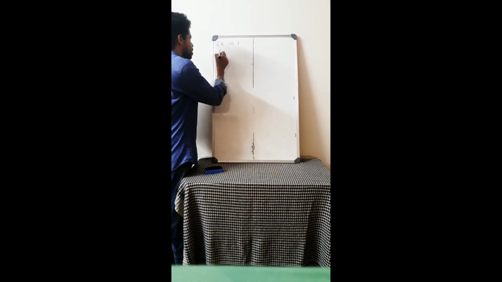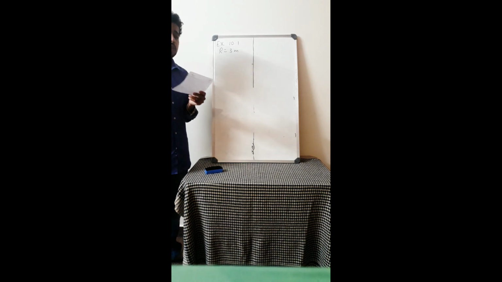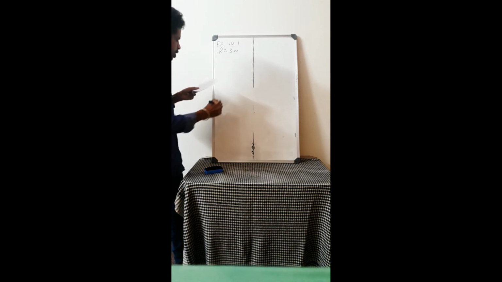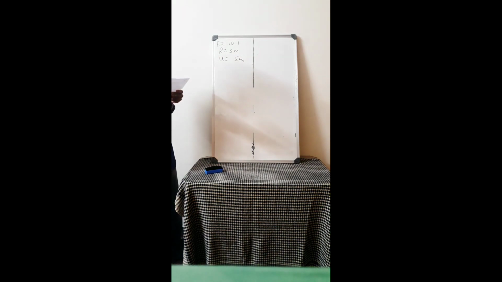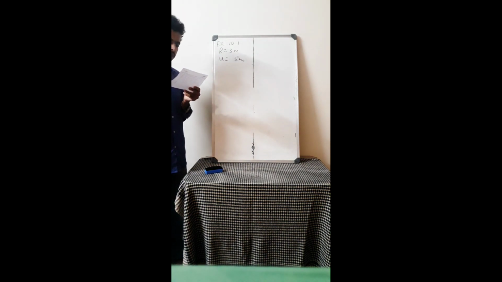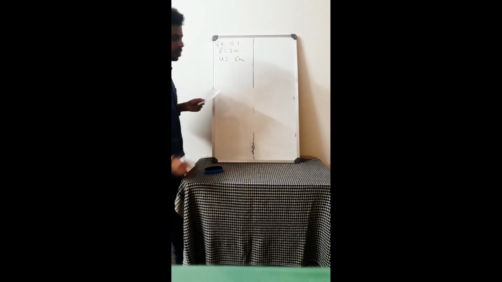So radius of curvature is given, that is 3 meter. If a bus is located at 5 meter, so bus here is the object. So this is the object distance. Bus is located at 5 meter. I am giving a gap so that we will write the sign there. And from this mirror, find the position, nature and size of the image they are asking. So they have given only this much data.